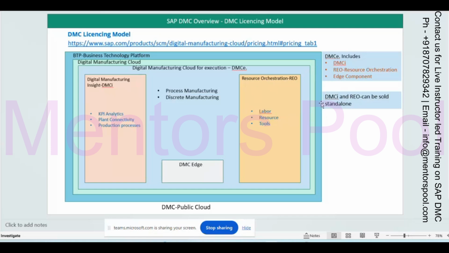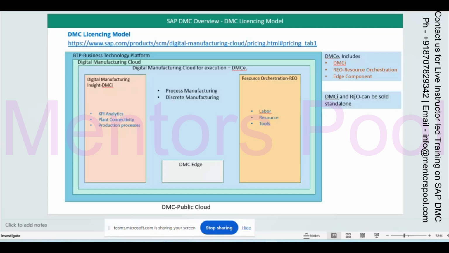Another way you can take a license: you can take a separate DMC Insight license, if you are only interested in reporting and analytics. In that case, you can go for only DMCI, Digital Manufacturing Insight. And if you want only RIO, who takes only RIO?